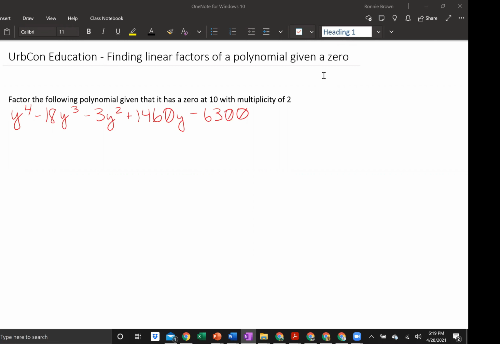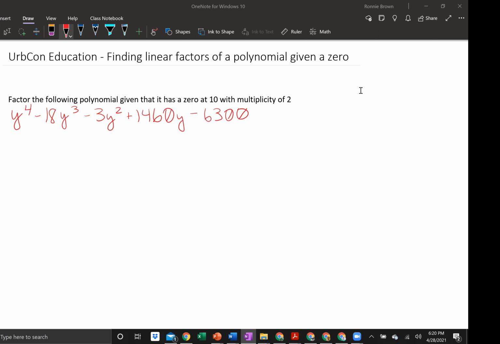A 0 at 10. So if we were to set this whole entire polynomial equal to 0, it would be a polynomial equation. And then if we were to solve it, that means that one of the y's is equal to 10. It would have 4 answers. So one of those answers would be 10. And actually, due to the multiplicity of 2, we know that 2 of the answers are 10, right? So we actually just need to find the other 2,